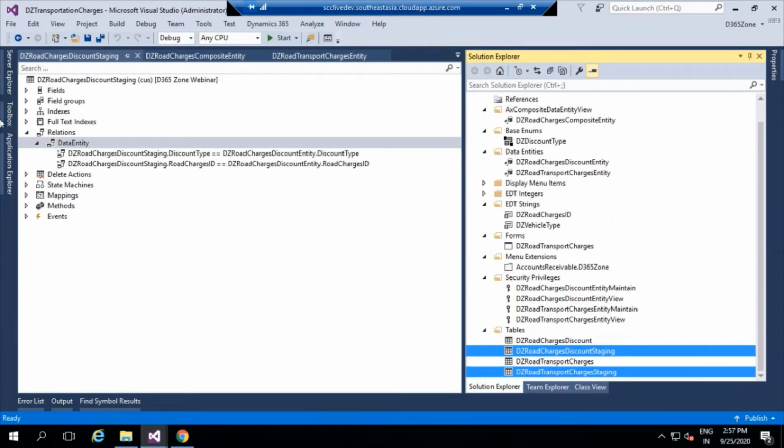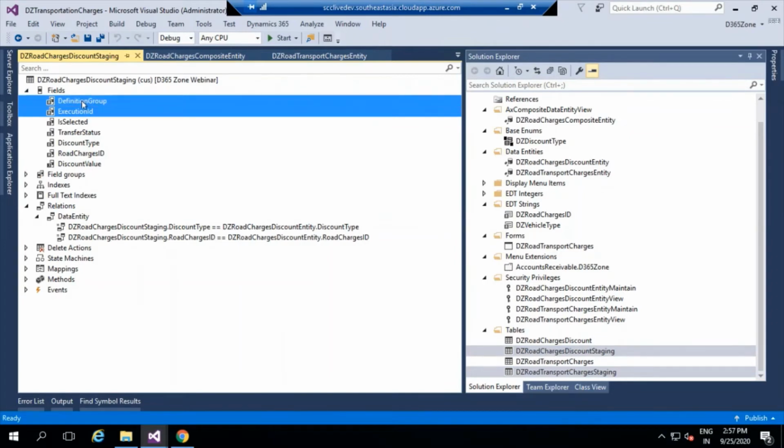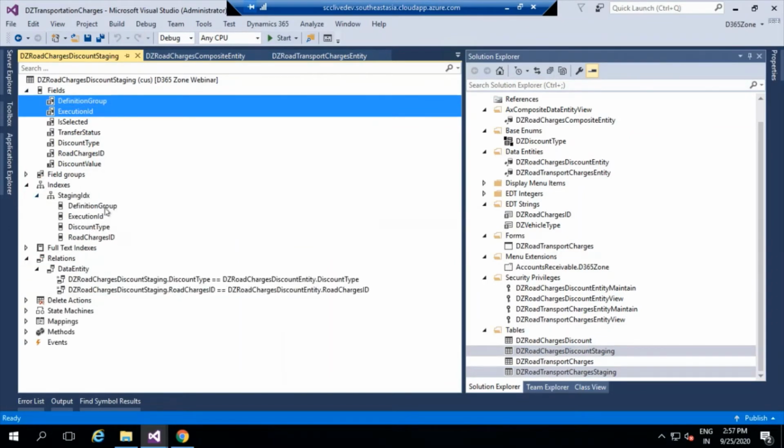If you want to relate a staging table, the staging table will have an execution ID and the definition group. This will be a kind of key value right here. You could see here, this is a key value. Without providing a definition group and execution ID, each and every line you provide will be taken up with a different execution ID, which is not possible, right? Because the lines we are going to execute are under the same header. So what we have to do is link the execution ID, definition group, as well as the third one called the row charges ID together, just to make sure we are in the same link.